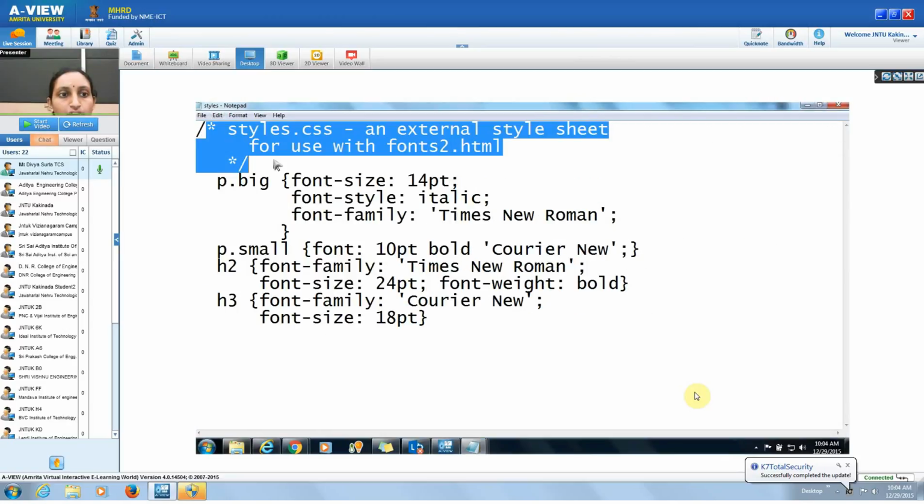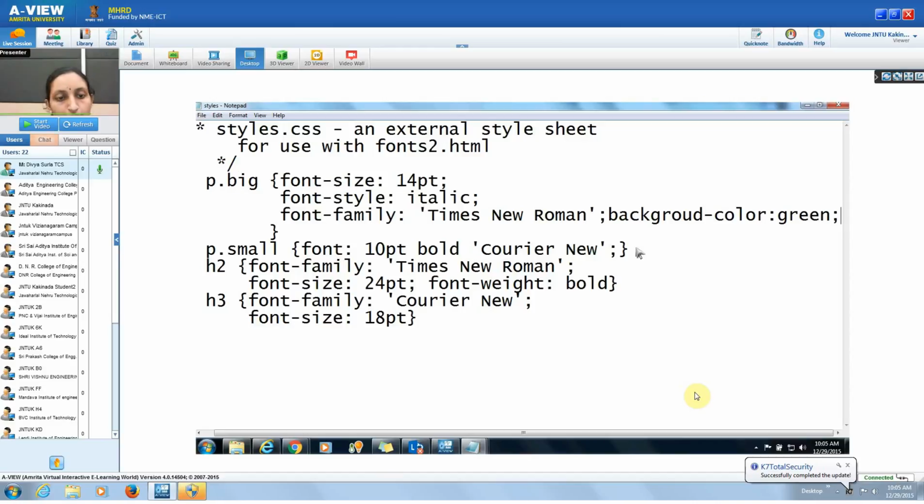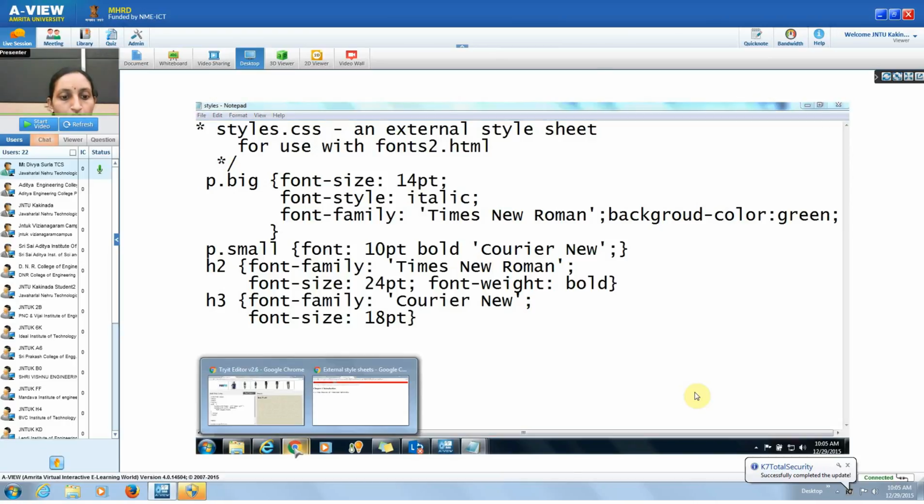This is how your styles.css looks. It is an external style sheet for use with fonts2.html. You have p.big, p.small. These are the selectors you can have. Observe what I did here. For p.big, I have given a background color as green. Okay. Save it. Go to your browser